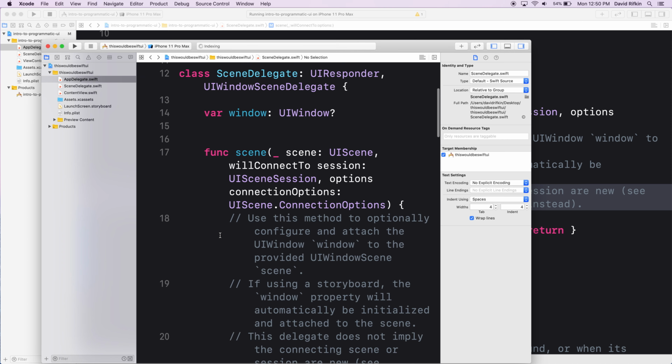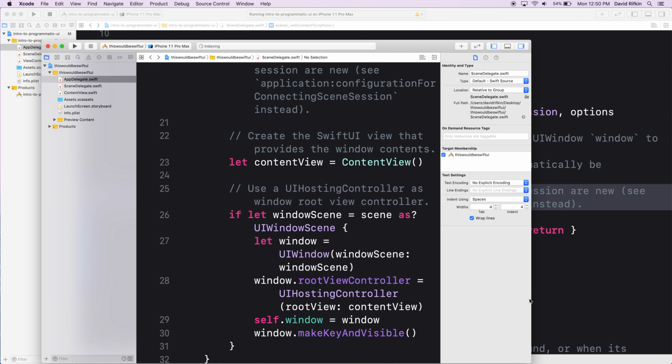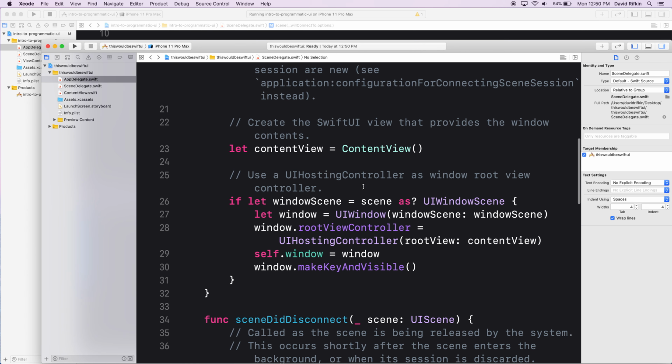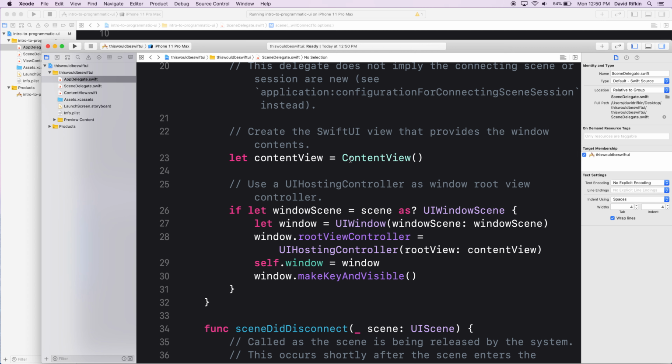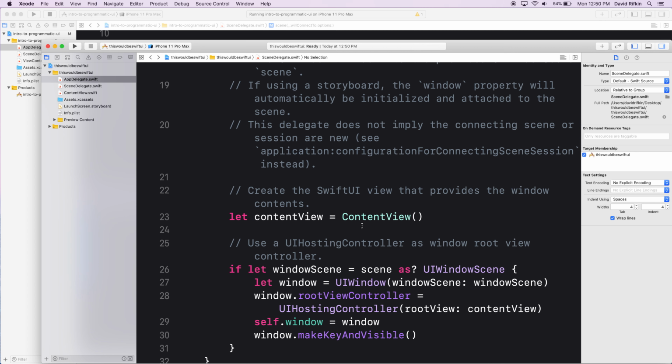I think so. The main difference is that in the scene delegate, it's going to try to use some SwiftUI things in here by default. Like how your storyboard was set up with a default view controller, it's going ahead and saying, hey, connect to this default view that I've set up. So if we want to keep doing stuff with constraints and stuff, I would just set up the storyboard one, delete the storyboard, delete those things out of the plist, and set up your window. There might be a more elegant way to do it, but